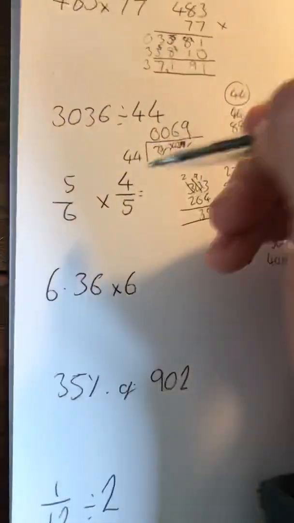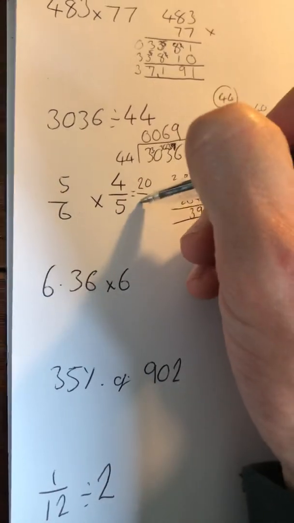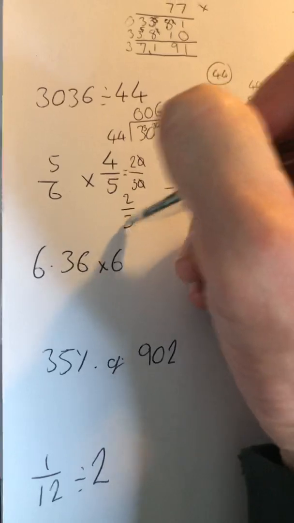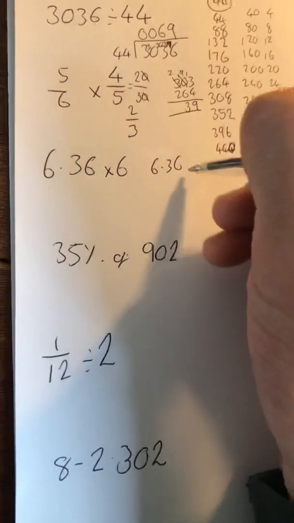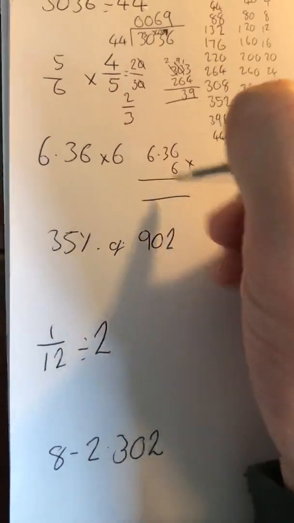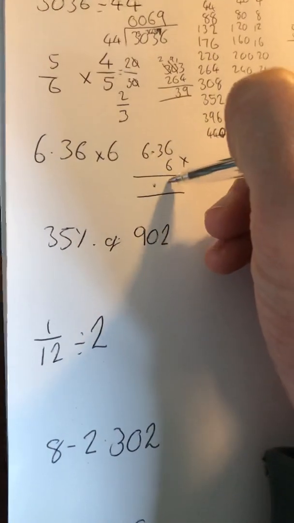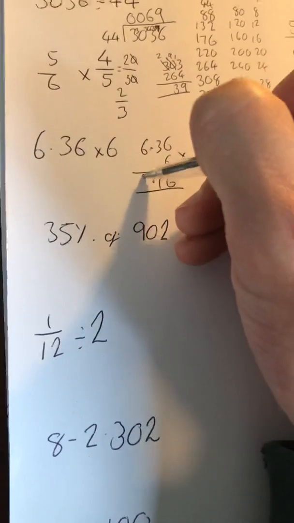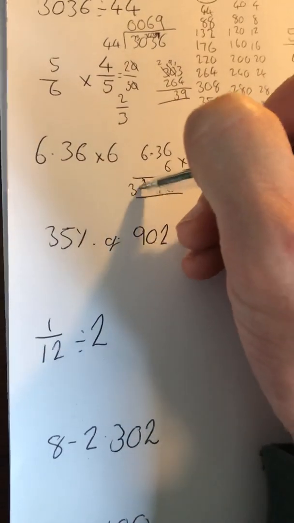Next up, fraction times fraction, so we can times across, 20 30ths, I can simplify that into 2/3. 6.36 times 6, decimal point in line, remember when it's just short multiplication. 6 times 6 is 36, 6 times 3 is 18, add the 3 makes 21, 6 times 6 is 36, add the 2 makes 38,